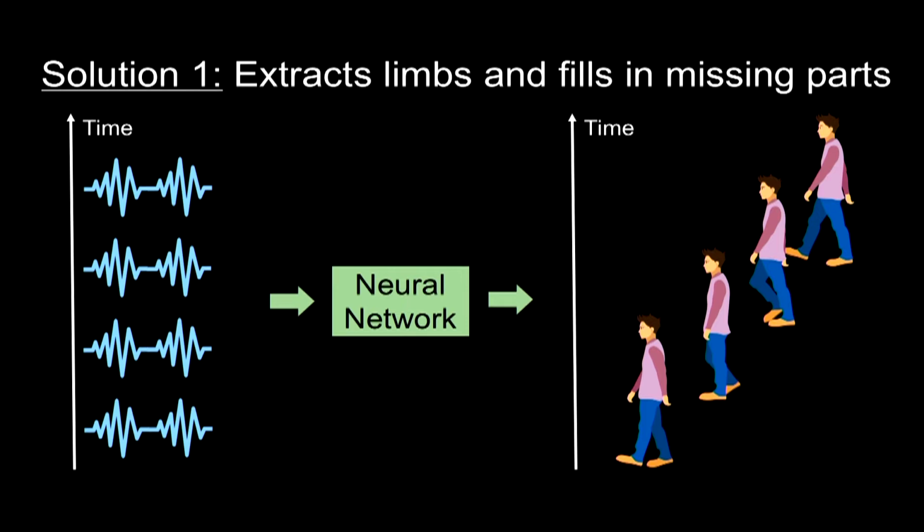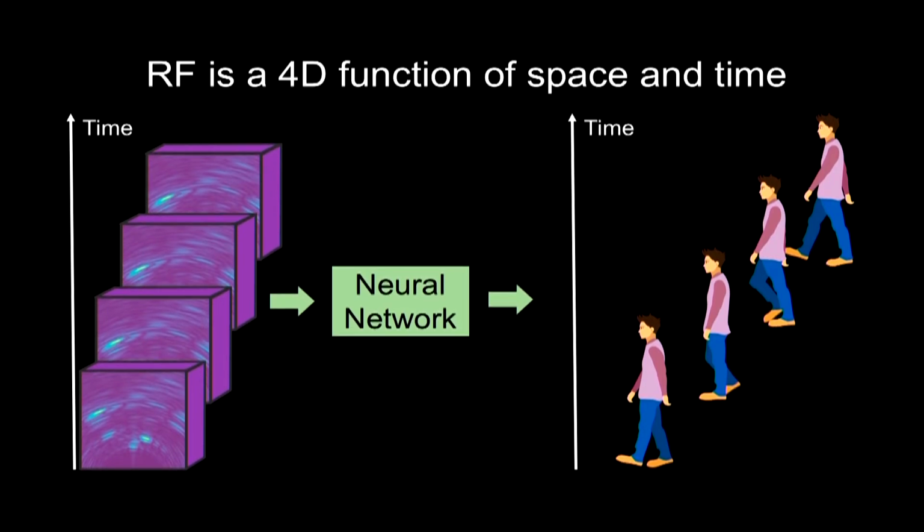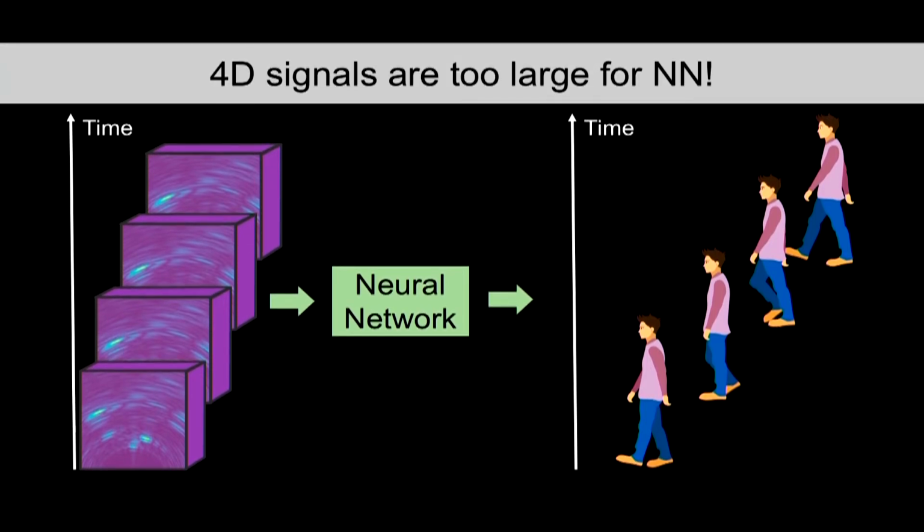The snapshot I'm showing you here is actually a simplified version of reality. In reality, each RF snapshot is actually a 3D functional space, because typically you're using antenna arrays to capture reflections from different points in the 3D space. Therefore, when we're looking at a series of RF snapshots, we're really looking at a 4D function of both space and time. The problem with such 4D RF signals is that they are too huge for neural networks. Neural network tools nowadays deal with 2D images or 3D videos. They don't naturally scale to 4D inputs. Not to mention all the space and time complexity you have to deal with when you're training such a model. So what should we do?